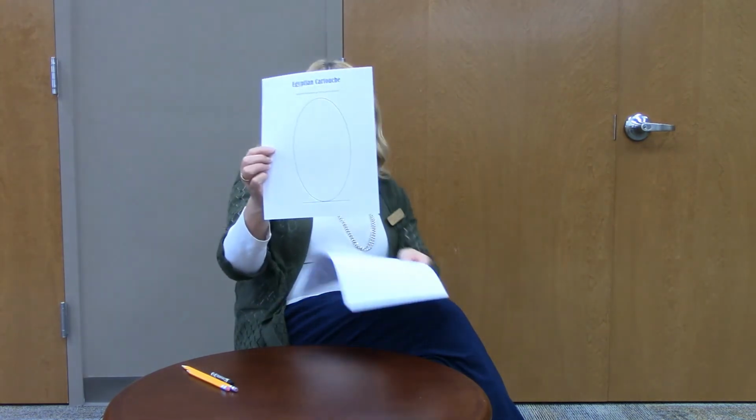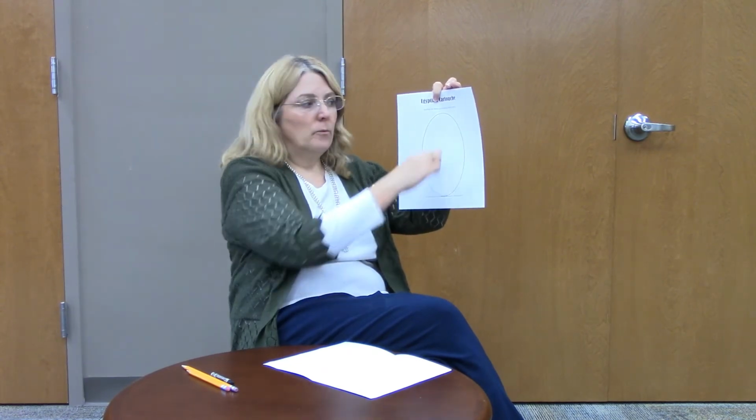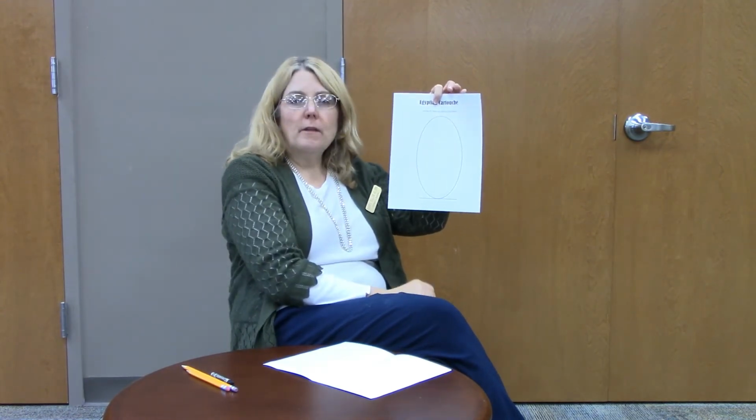This is called, the shape is called a cartouche. I mean, obviously the shape is an oval, you know that. But when they found something like this in the hieroglyphics, an oval shape with a bar with letters in the middle, they knew that that was a royal name. Okay? And this sheet that is in your packet